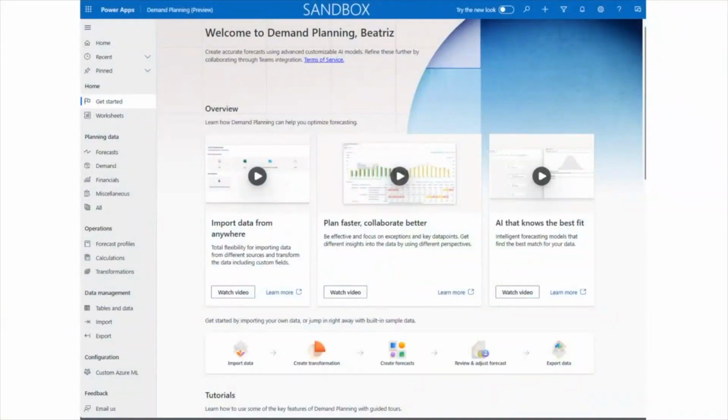Right here is the welcome screen of the demand planning app, what you will see if you install the app. It's on public preview, you can try it yourselves. This is already there, and this is what you will see on the welcome screen. You have different videos that will show you at a high level what the app is, those videos right there. And on the bottom part, you see that